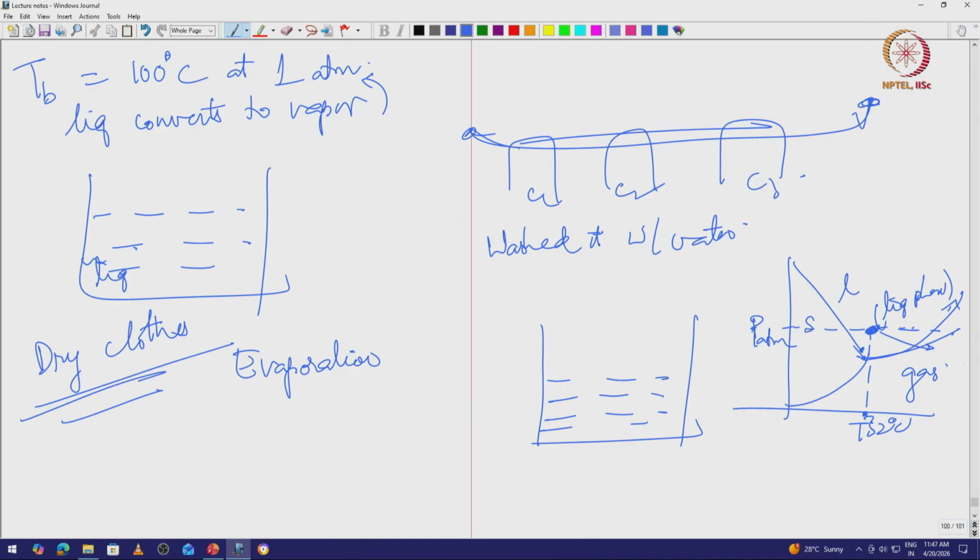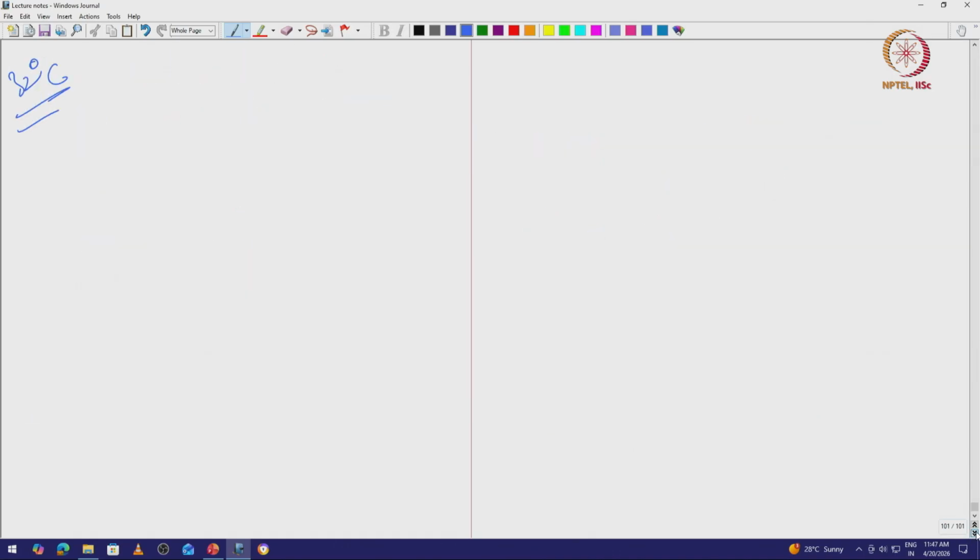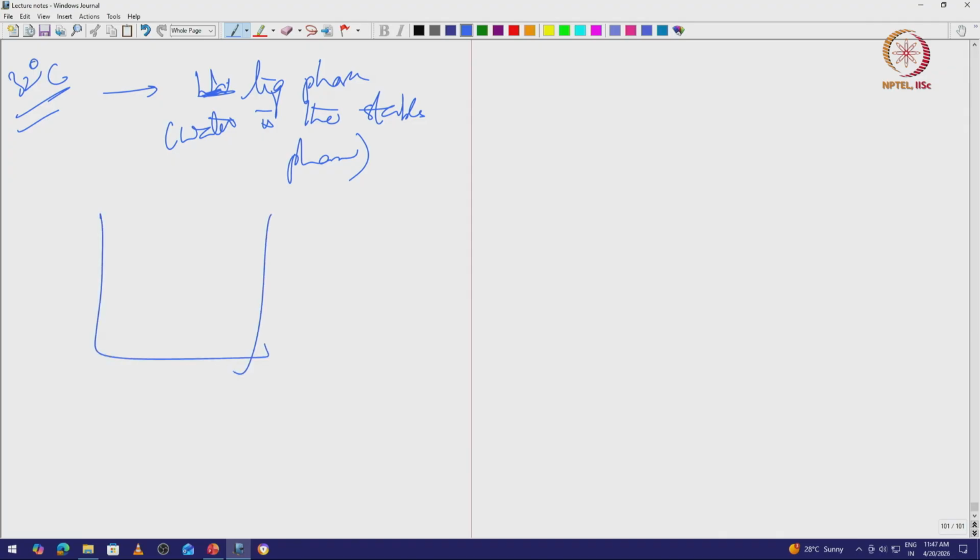Okay, that is fine, that even I know, right. Even my grandmother knows that, right. So, at 32 degrees Celsius, liquid phase or water is the stable phase. All right. What does it mean that water is a stable phase? It means, if I have a container of liquid like this,